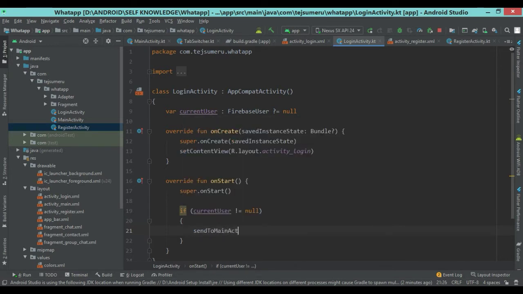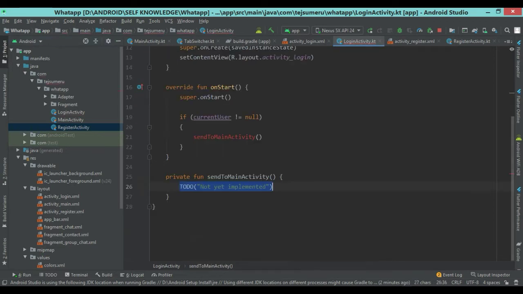Okay, now click Alt Enter and create the function, and again create the intent variable for redirection.